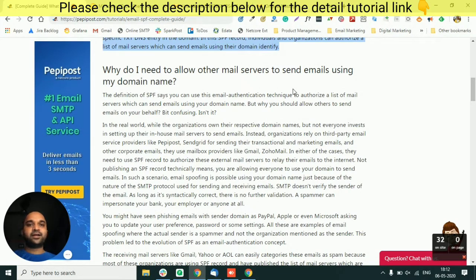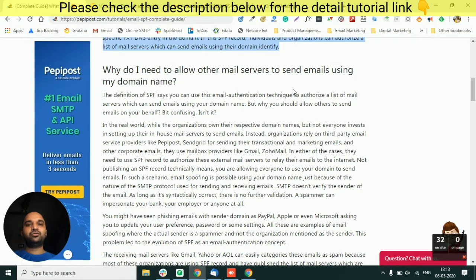So let's understand that when you are sending email, most of the time you are not maintaining your own mail servers. Most of the big companies, corporates, even mid-sized companies, buy services from some third party, like Peppy Post, which is a third party email service provider. They buy services so that they can send emails, because setting up email servers in house is a very costly affair, and it requires a lot of email expertise also, in order to ensure that your emails are reaching the inbox.